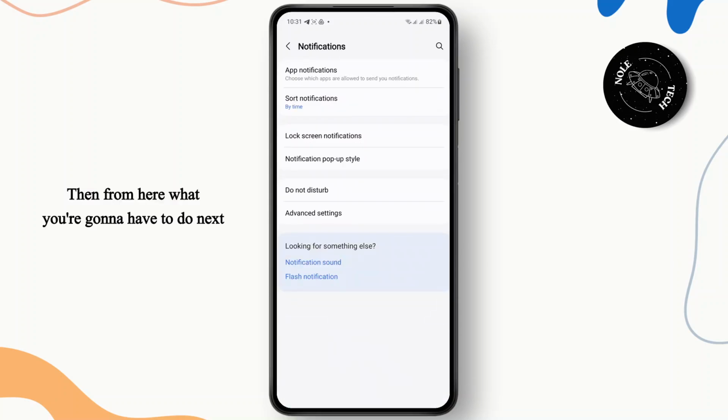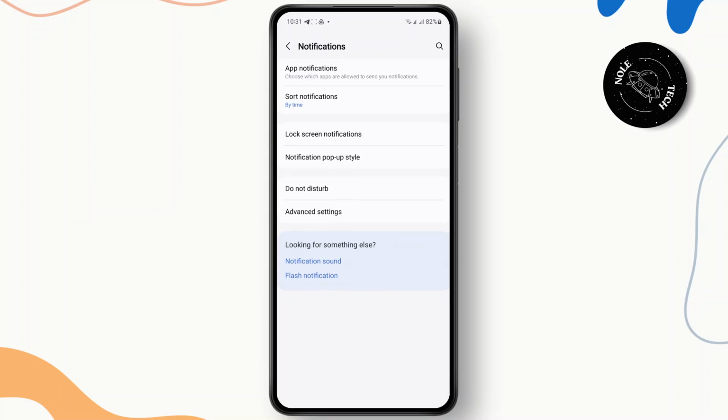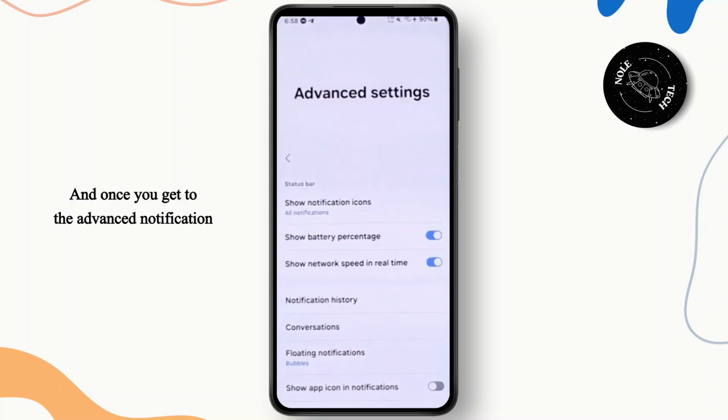Then from here, what you're going to have to do next is head over to the advanced system settings or the advanced notification settings. Just tap on it. And once you get to the advanced notification settings, you have two options. You can show your battery percentage and then show the network speed in real time. You just need to make sure that you turn on the option where it says show network speed in real time. And once that is done, you'll be able to see the real time network speed up top on your